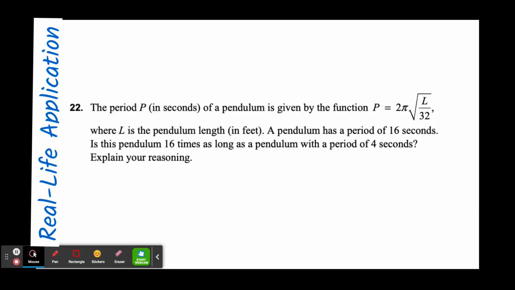Okay, for this final example, we're going to be doing some real life application. So right here it is saying,